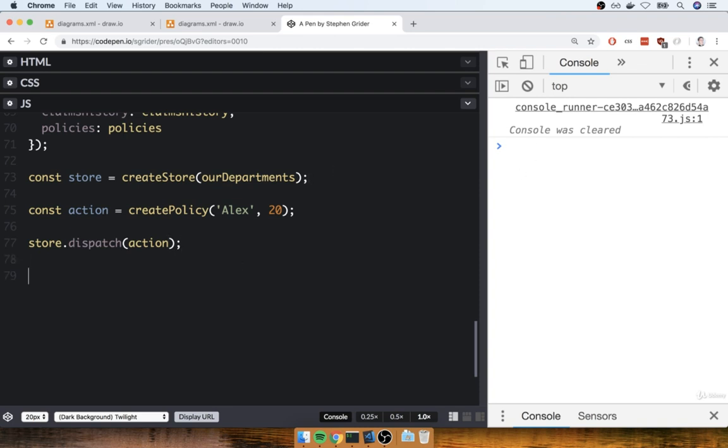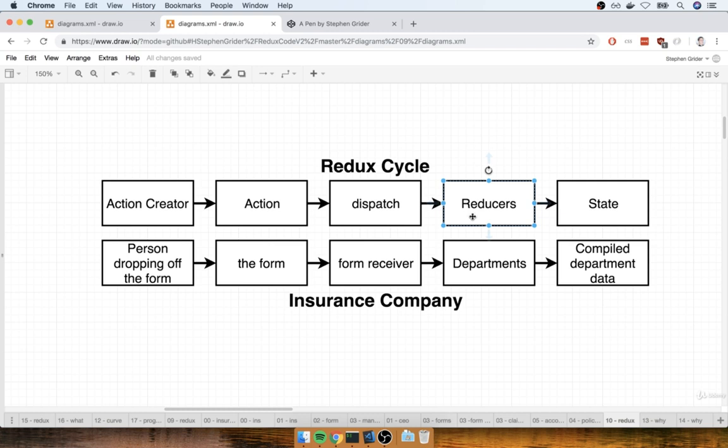But we can actually use another method on the store object to get a better idea of how we just changed all the data inside of our application. Remember, when we take store.dispatch and pass it the action, that action will be forwarded off to each reducer. And so as soon as we called store.dispatch, each of our different reducer functions, or departments essentially, ran and processed that action or that form.